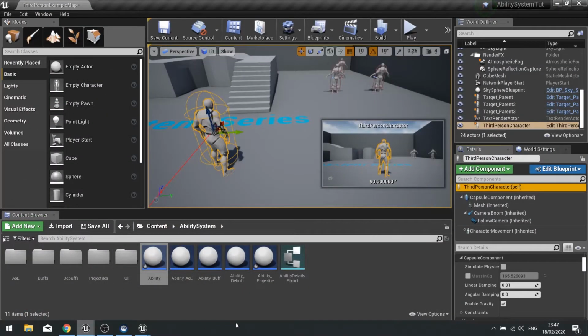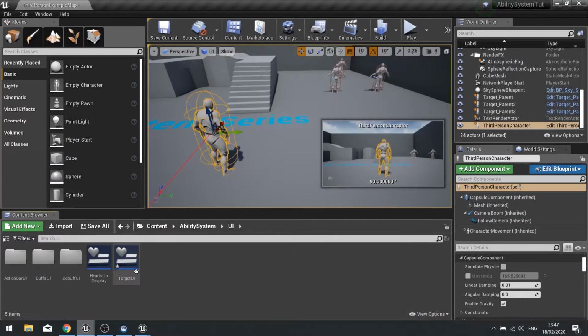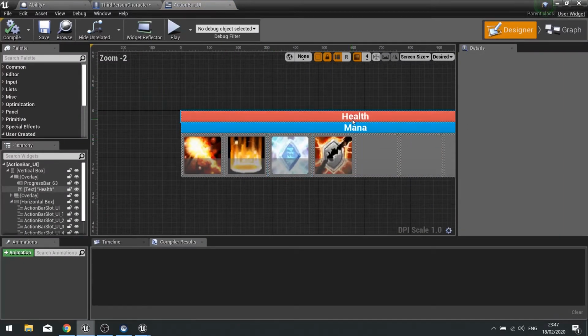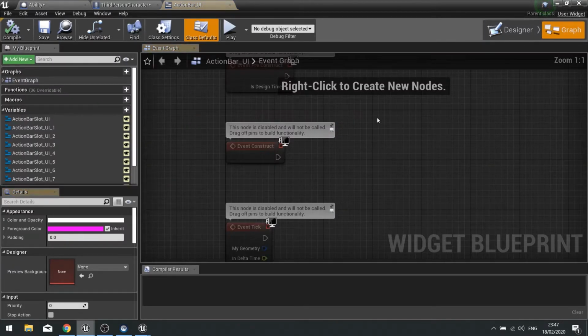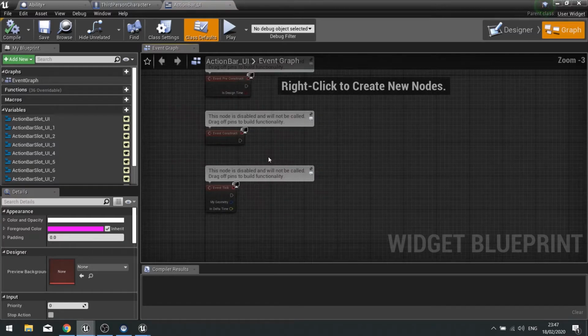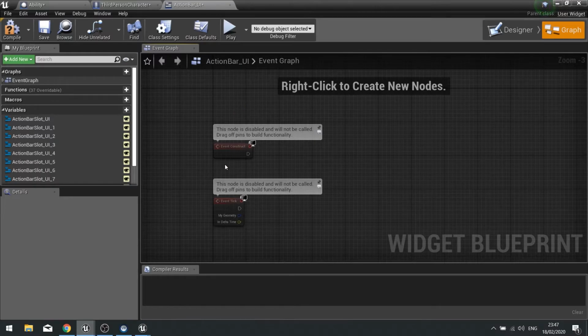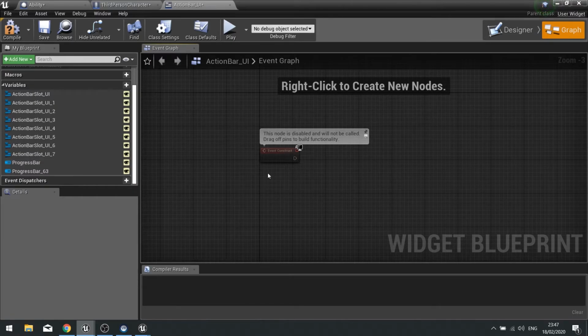So let's go into our action bar, which has all our health bars on. Health bar and mana bar. And on the health bar, we are going to set up a function to update and construct our details for those bars. So let's do the construction first. So on event construct, we need to get hold of the player character.